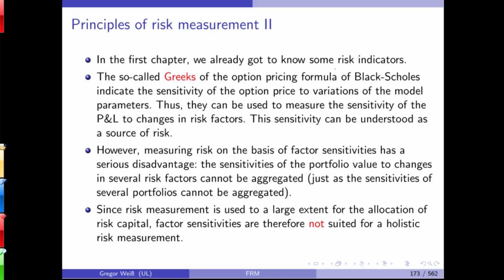In our examples, we've already seen the Black-Scholes option pricing model, and I told you that actually in practice, investment bankers much more like to use the Greeks rather than option prices, because the Greeks are nothing but sensitivities of the option price to changes in the Black-Scholes model parameters. So this could be one way to measure risk. Problem is, factor sensitivities are what they are: sensitivities. They are percentage changes, and ideally we want a proxy, we want a metric that is given in dollars or euros, in a monetary unit.